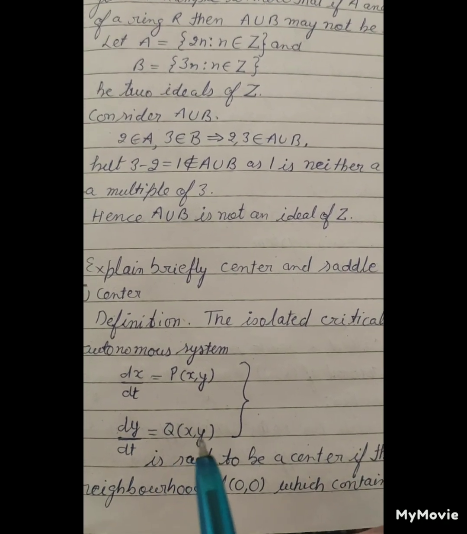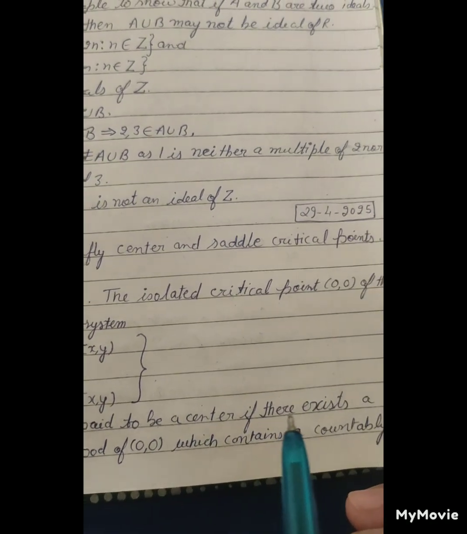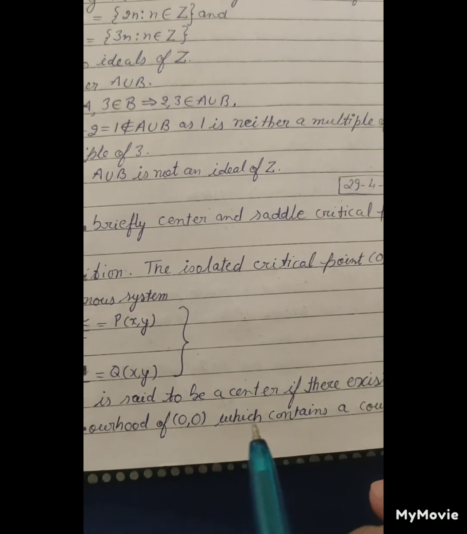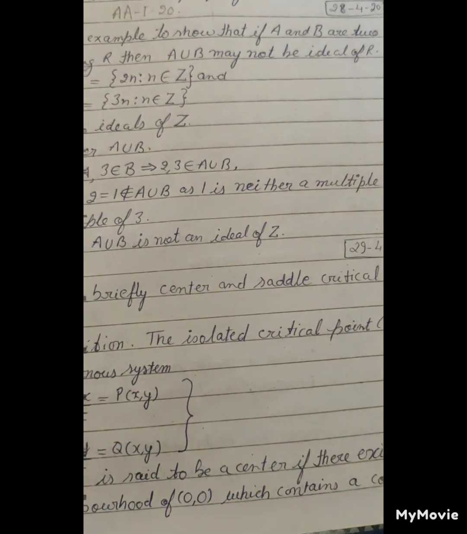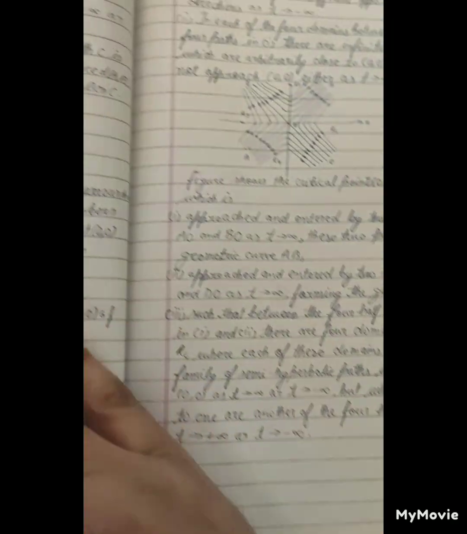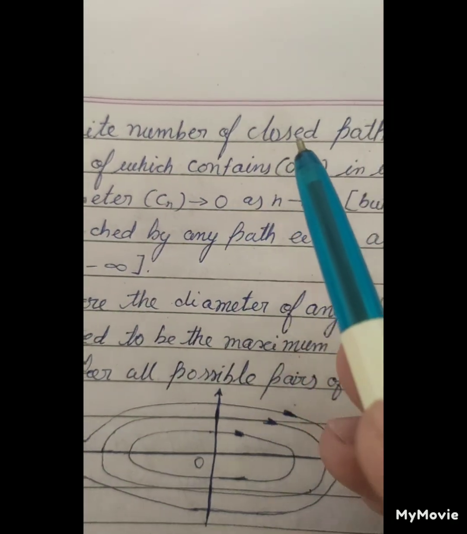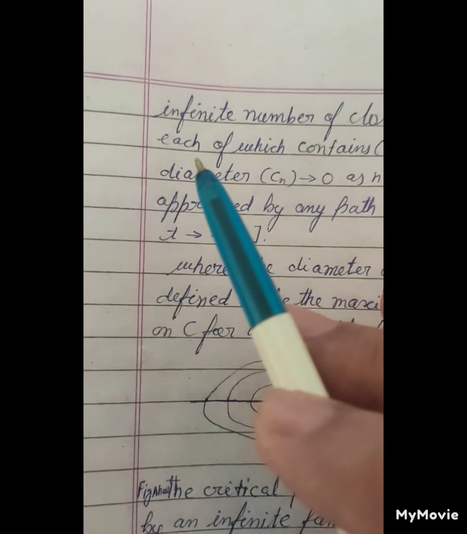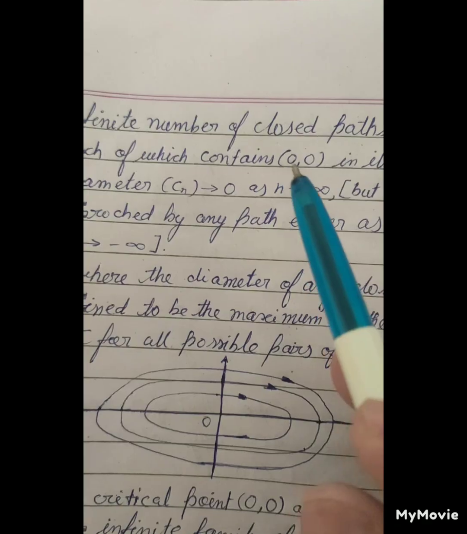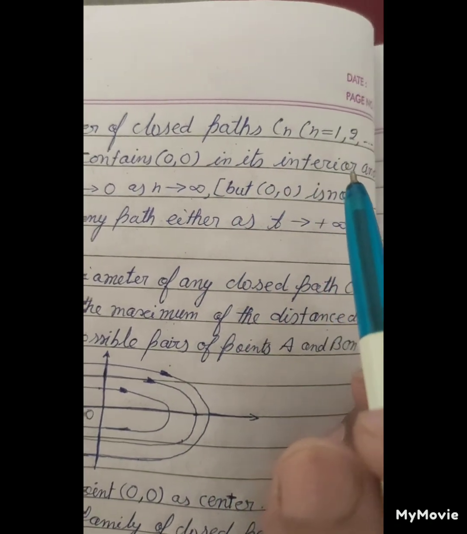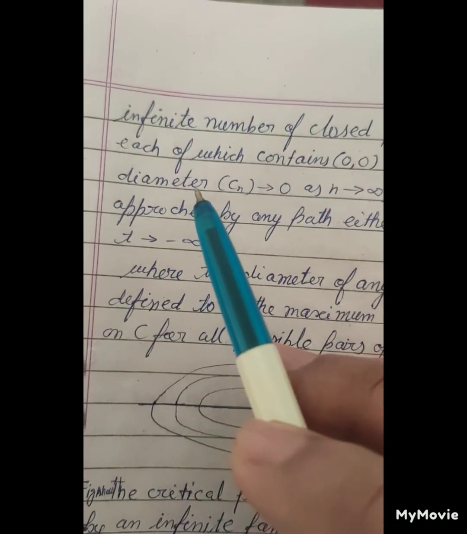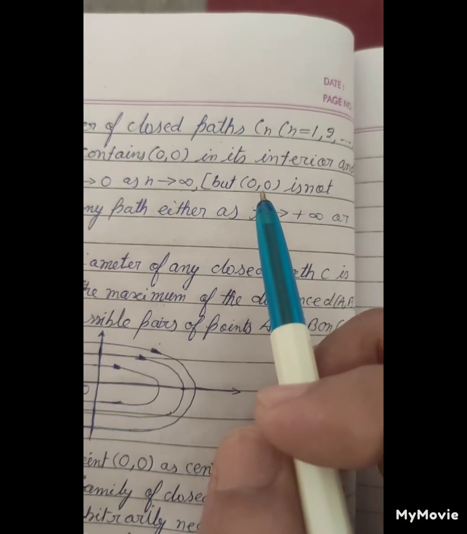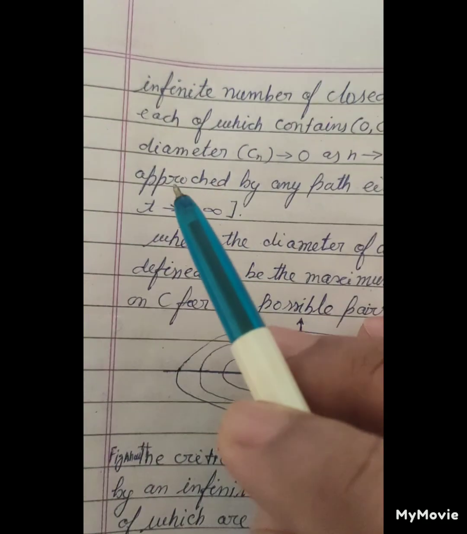is said to be a center if there exists a neighborhood of (0,0) which contains a countably infinite number of closed paths Cn, where n equals 1, 2, and so on, each of which contains (0,0) in its interior and diameter of Cn tends to 0 as n tends to infinity, but (0,0) is not